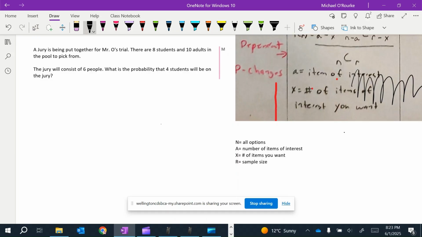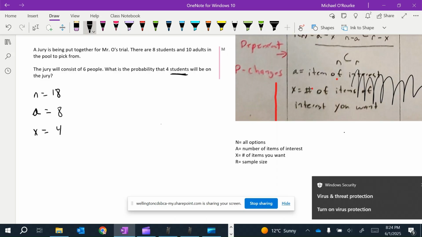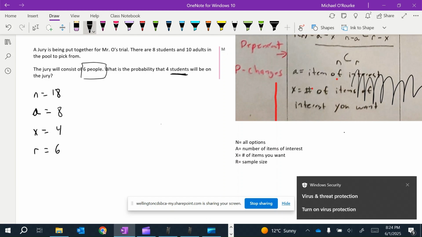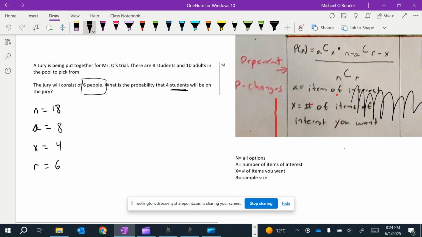So the number of options N is going to be 18 altogether. Items of interest in this case, A, are students. So that's A. X, how many students do we want? Well, we want 4 students. And then our sample size, R, is a 6-person jury, so it's 6. Right? So we follow that: the probability of 4 students is ACX times N minus A C R minus X